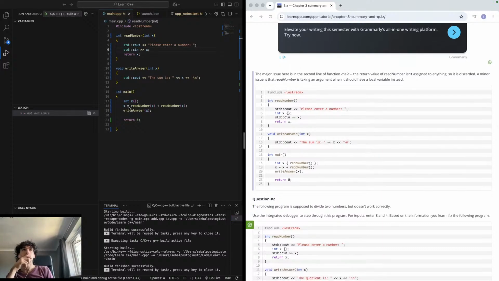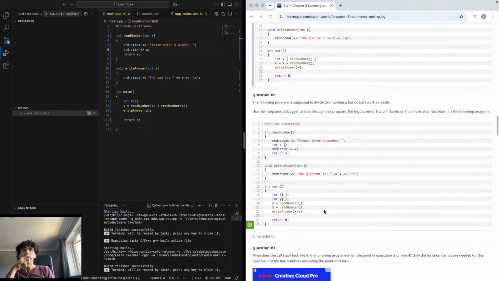Okay, that makes sense. The following program is supposed to divide two numbers but doesn't work correctly. Use the integrated debugger to step through for inputs. Enter 8 and 4 based on the information you learned to fix the program. So we got the read number, we got integer x,